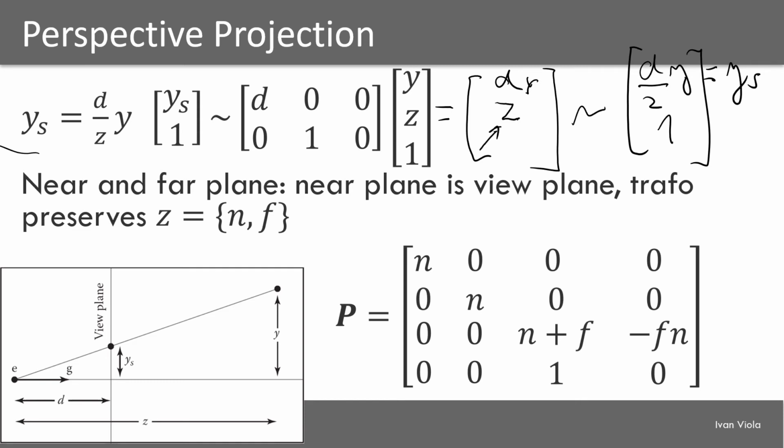Our n is the near plane distance, the near plane coordinate, which is a negative value, but that is fine because we are looking into the negative z direction. And n corresponds to the d distance here in this case. So we want to multiply by n as we are multiplying here by the d, because that defines the distance onto which we are projecting our points